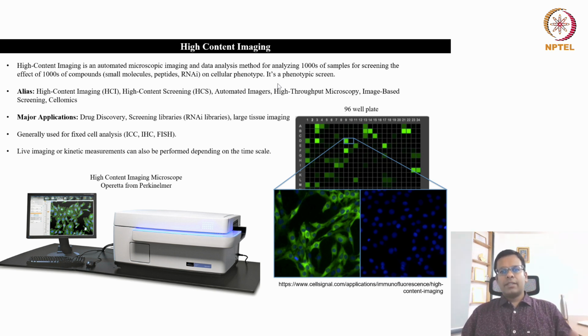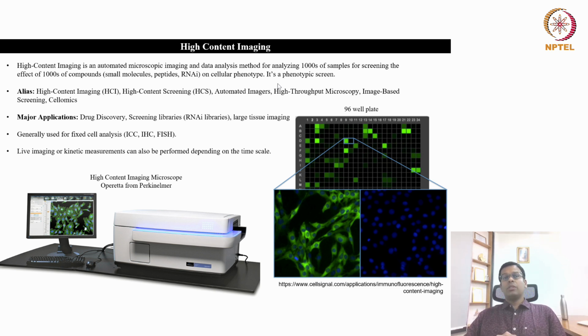It's the same method, the way you image a single sample in 3 dimensions or 4 dimensions in multicolor, multi-channel. The same thing you have to do for thousands of samples. When you need to image only 1, 2, 3, or up to 10 samples, you can go for manual sampling. You can change the slide or the imaging vessel on your own, one after another, and image one after another, right?